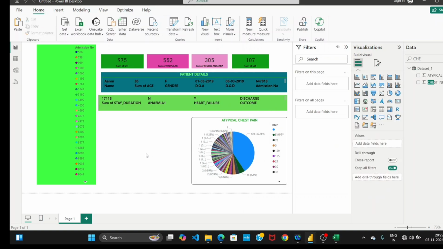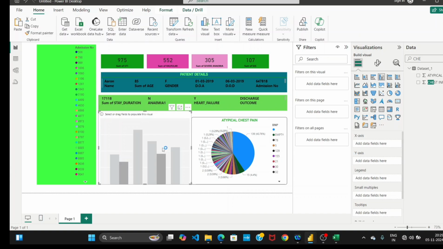Okay, so finally we are going to create the Doctor Note chart. For that, we are going to use the chart named cluster column chart. So this is the chart that we are going to use. Here, the column that we are going to use first is in Dr. Note,